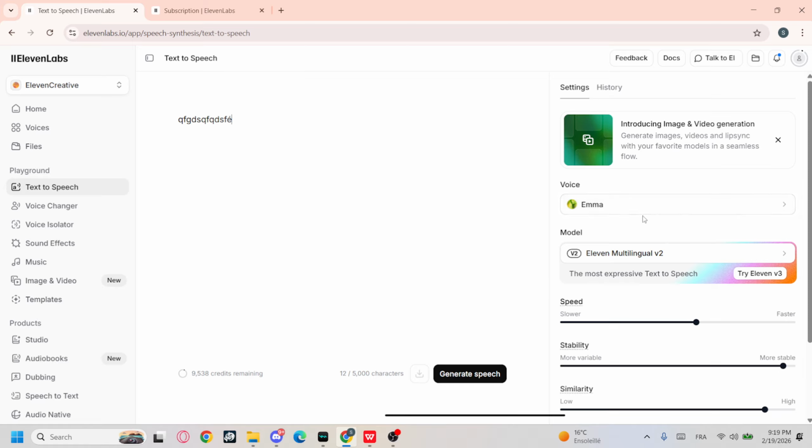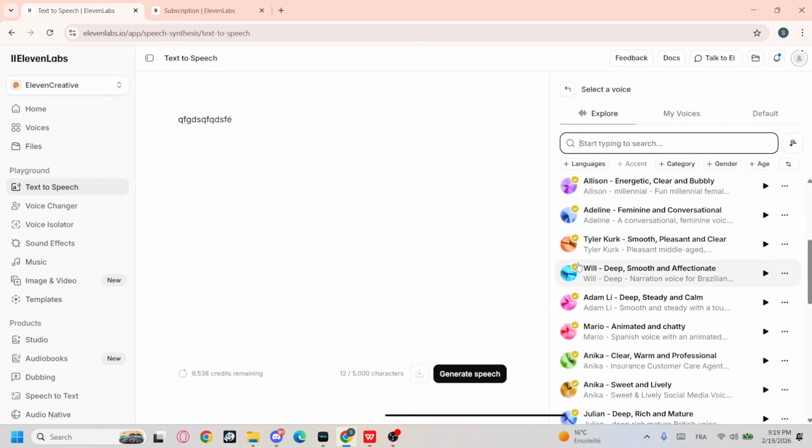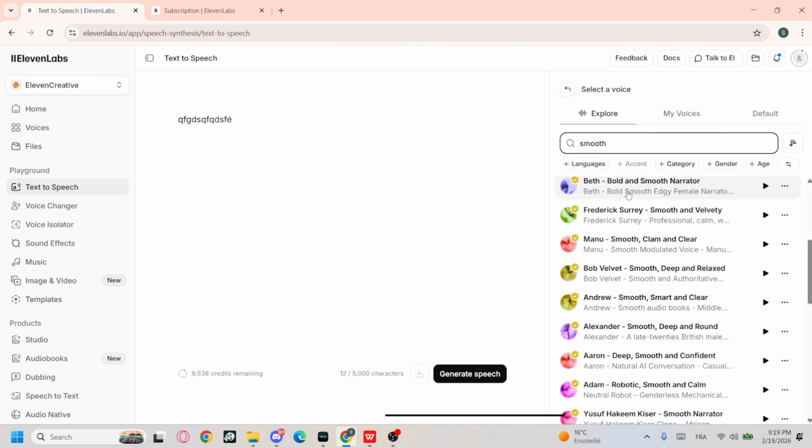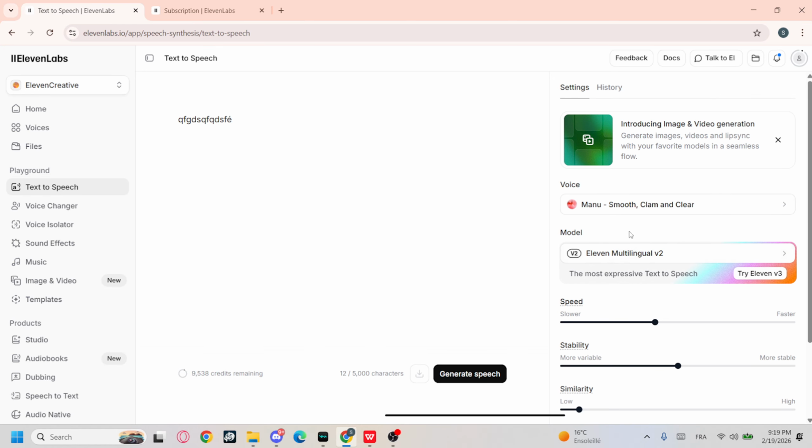So here on the right hand menu, go with voices and just choose a voice. So you can type right here the type of the voice that you want. So you can go with smooth, clear, etc. So for example, you go with that one, smooth and calm and clear. Okay, then just go here and type the text you want the AI to read, okay, in the text box,